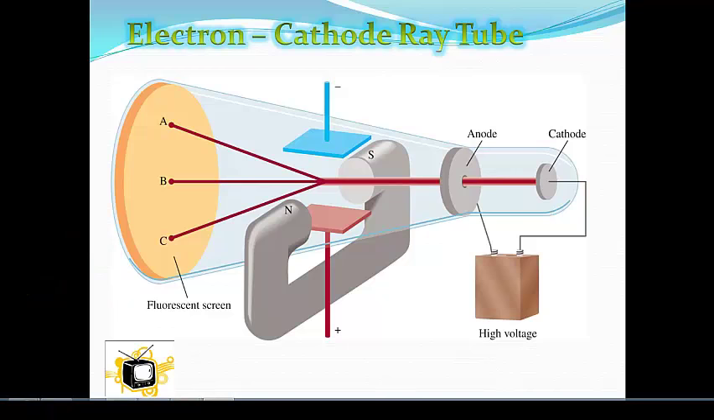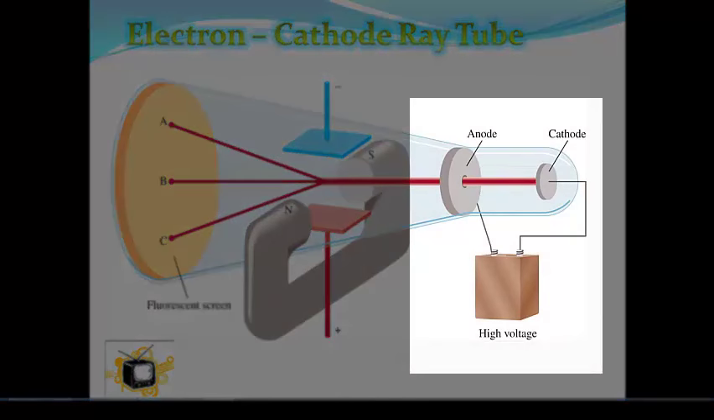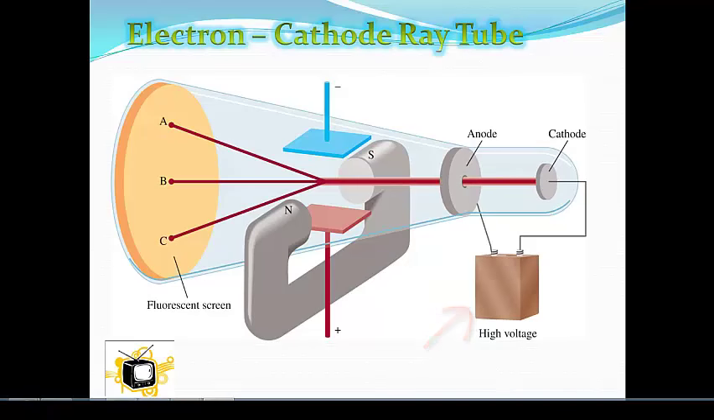So what you have here is a glass tube, and you basically suck out most of the air from the tube, so you evacuate the air. And there are two metal plates that are connected to a high voltage source right here. You have the cathode, which is the negatively charged plate, and you have an anode, which is the positively charged plate. Now when you turn the high voltage on, the cathode emits